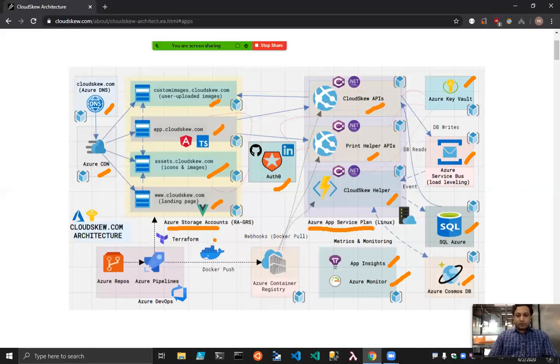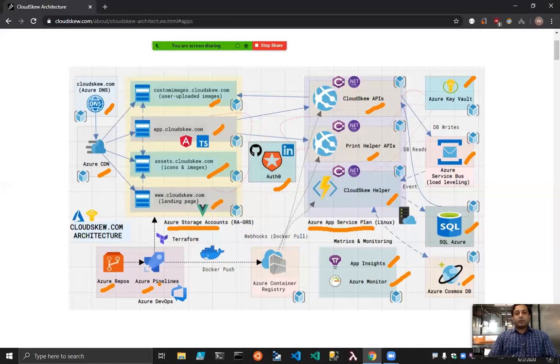Now let's talk about the DevOps portion of it. This is a microservice model. So for each of the components here, they are deployed separately. Most of the source code resides in Azure Repos. And then we have continuous integration turned on. So we use multi-stage YAML-based pipelines to make sure that every time there is a check-in into master, we actually build, test it, and deploy to the test environment.